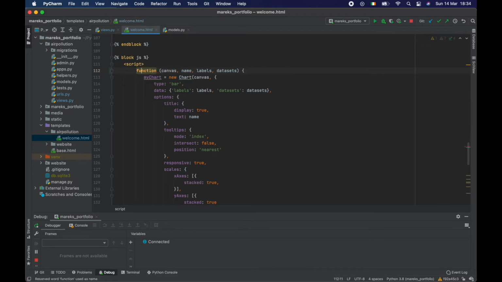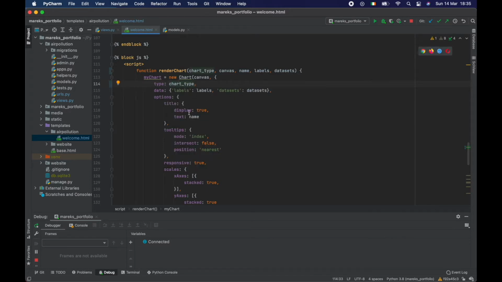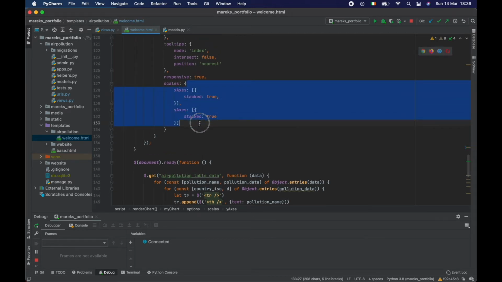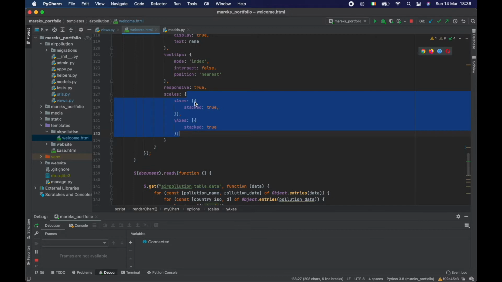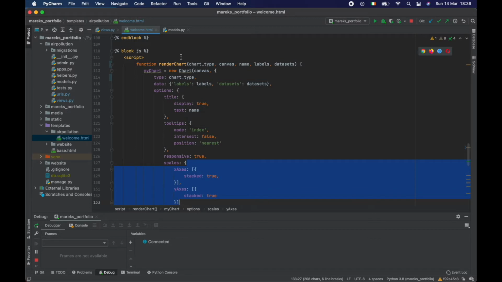We can just create a function called render chart of canvas, and let's say we're gonna change the chart type, canvas name, and so on. So then instead of putting here hard-coded bar, I'm gonna just change that to chart type, and then the rest stays the same. I know this will change a little bit, scales here. We're gonna change that a bit depending on the bar or line type, but then the rest is pretty much the same. So to keep the code DRY, I'm gonna make it a function that is accepting the chart type,